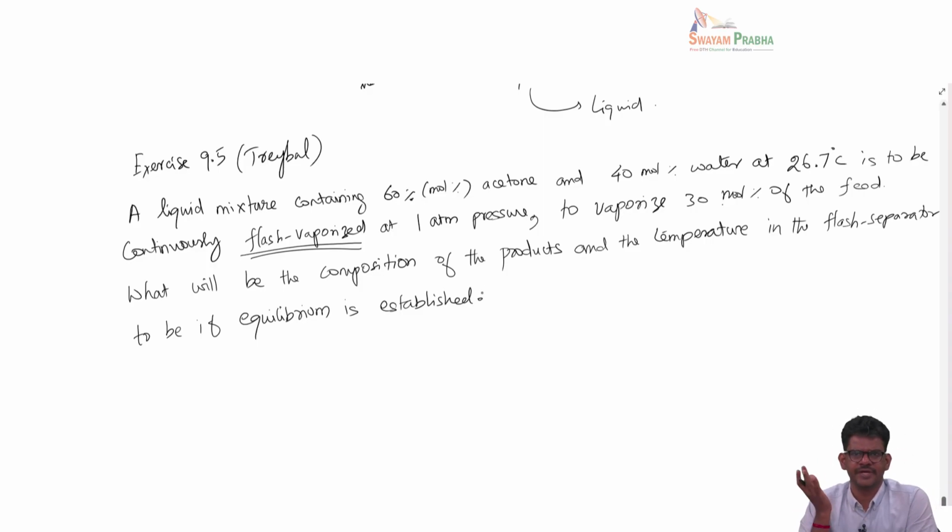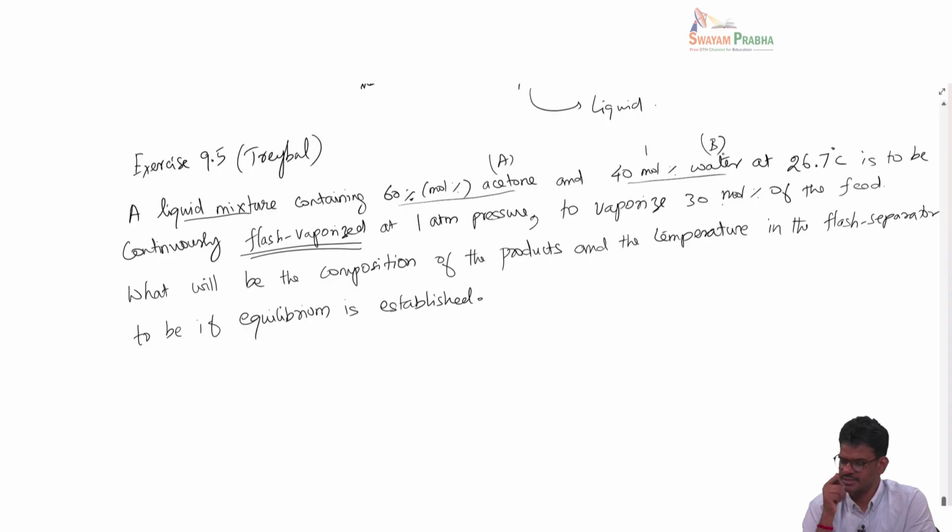So, this is a very straightforward question. What it says is that we have a liquid mixture and this contains 60 mole percent of acetone and 40 mole percent of water. So, we know the chemical makeup of the mixture, A and B. Acetone is A, water is B,